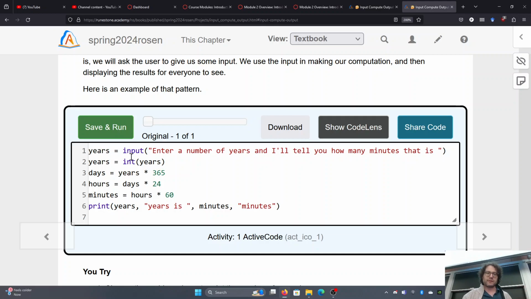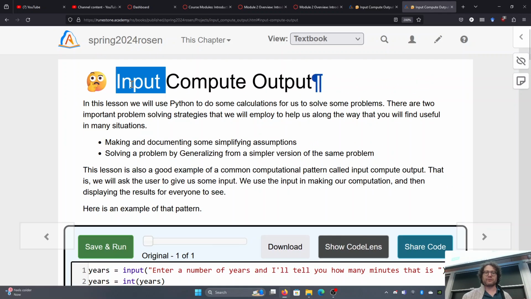The input function is really useful, but it's slow because we have to enter something every time, and a lot of times it's quicker to have what we want to test in our code. But regardless, a lot of problems will simply take an input from the user, throw it into the program to do some computations and operations, throw it at equations,